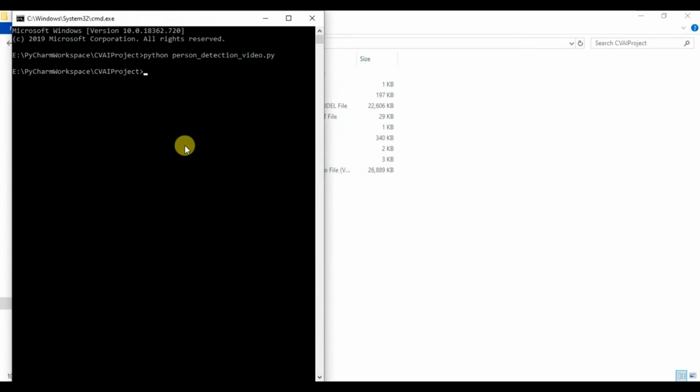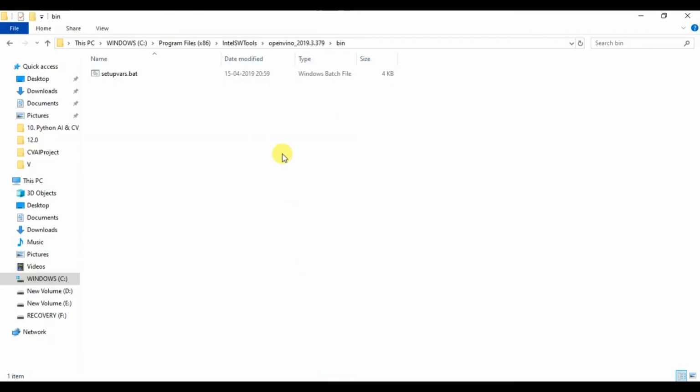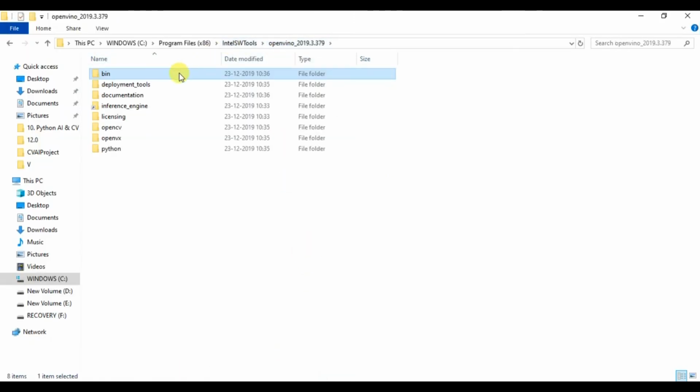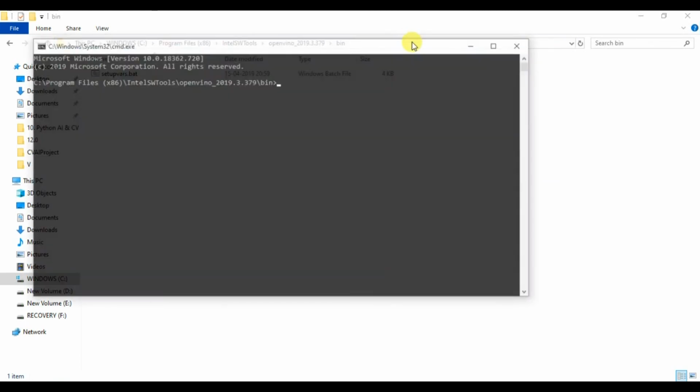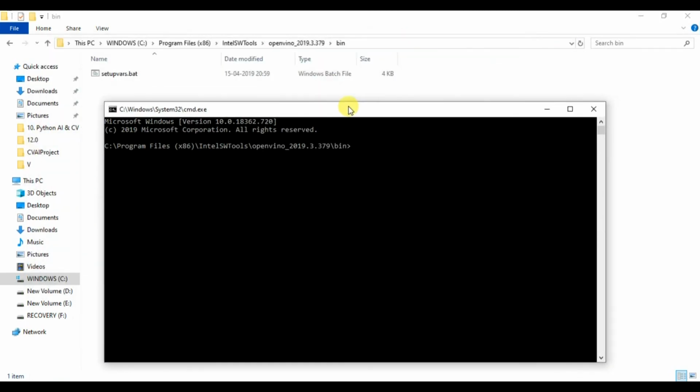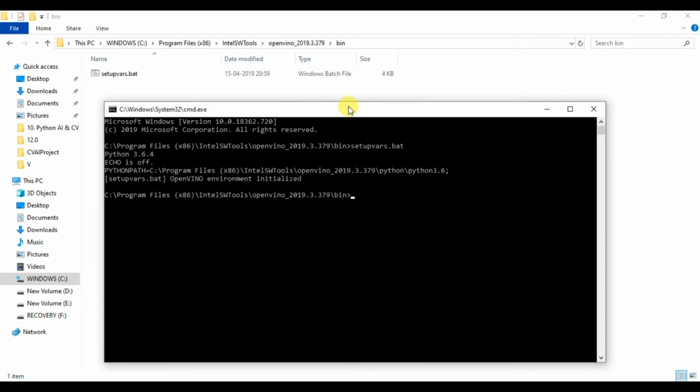Let's initialize OpenVINO and then we'll see how our FPS is increasing. This is my OpenVINO directory and this is the bin directory. I will use this batch file to initialize the environment. I have opened the command prompt, I will run the command setup and this has initialized the environment. Now let's go to the directory where our project is created.